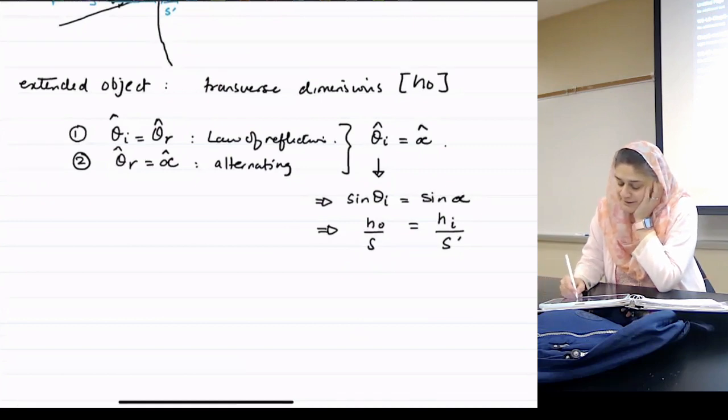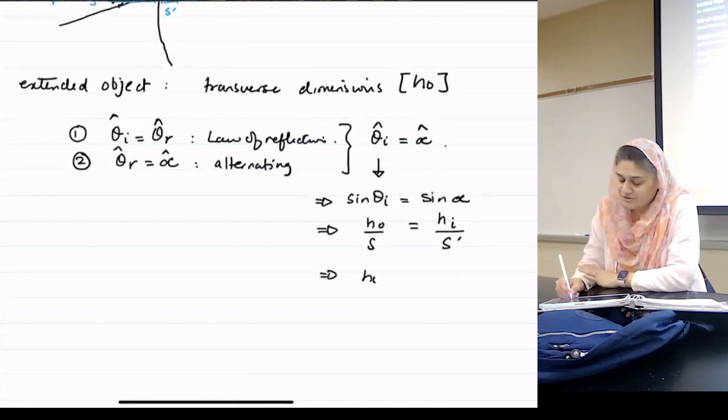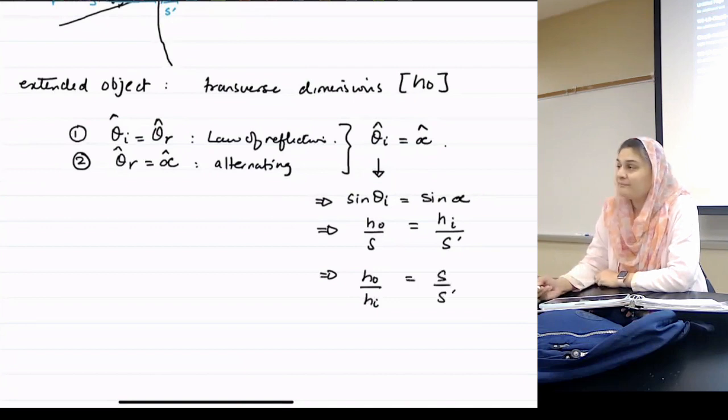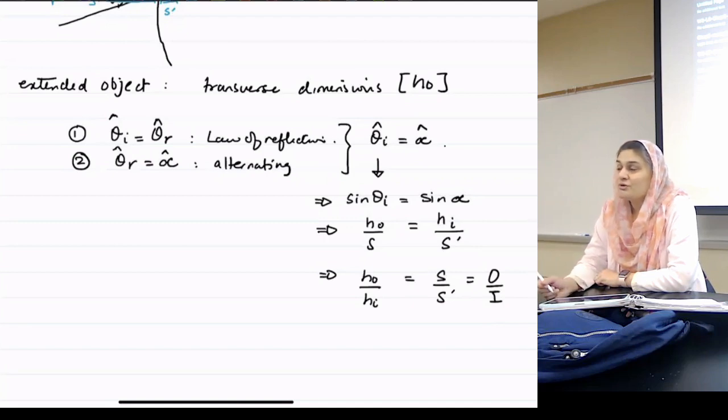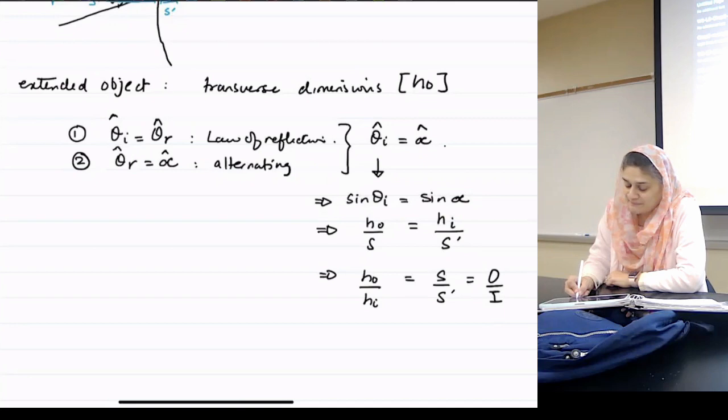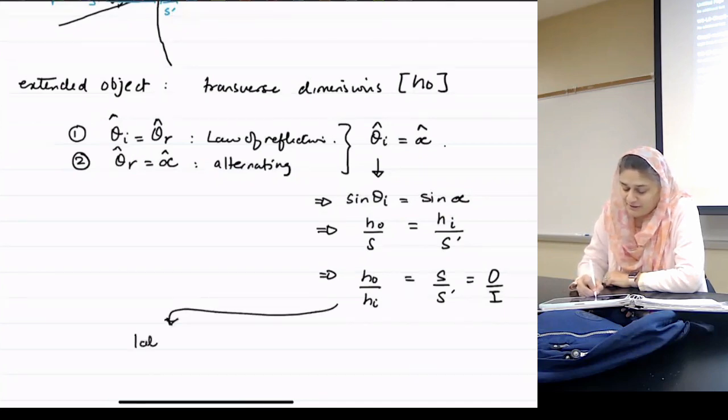Or may I rewrite this as H0 over HI equal S over S prime? Where in general, I call my S over S prime as O over I. Since this is true, we decided to come up with a name for this. And they decided to call it lateral magnification,